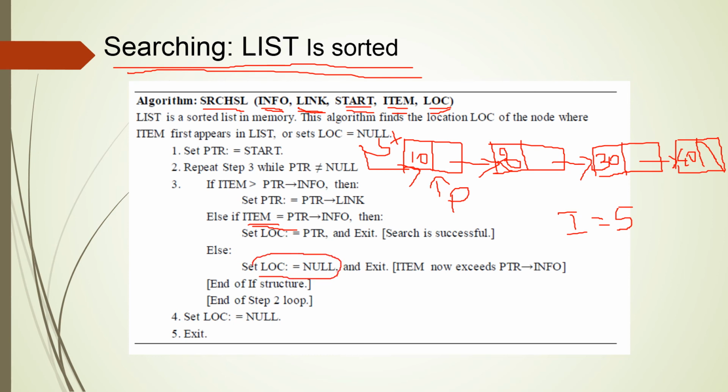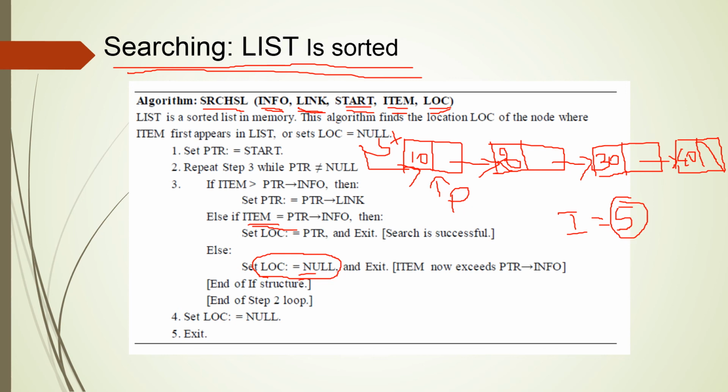No need of comparing the key element with the remaining elements of the linked list because the list is already in sorted order. If the key element is less than the first element, then there is no question of searching an element in the remaining nodes of the list. If it is not a sorted list, then you have to compare with the remaining nodes, as there is a possibility of having this key element in the remaining nodes. But since you know that the elements in the linked list are in sorted order, if the key is less than the first element, there is no possibility of having the key element in the rest of the nodes in the list.